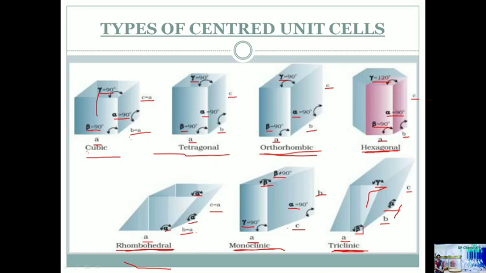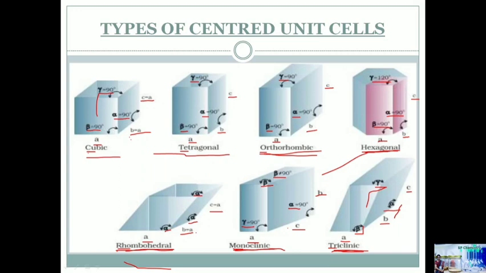Cute means CU, cubic. TE for tetragonal. O means orthorhombic, cute O. Hero: HE for hexagonal, and RHO for rhombohedral. Cute O, hero Munty. MON for monoclinic, and T for triclinic. These are the names of the different crystal systems of unit cells.